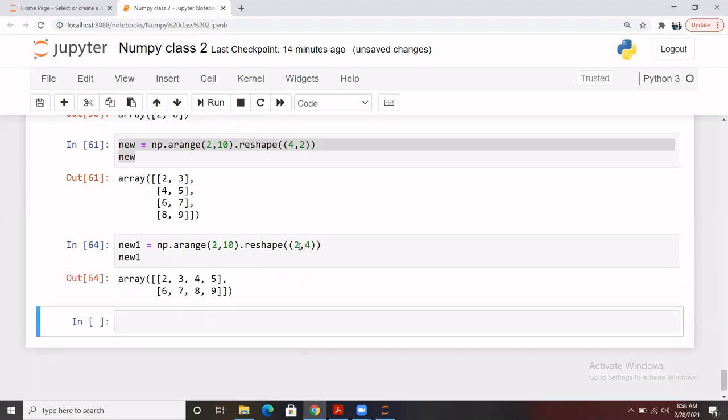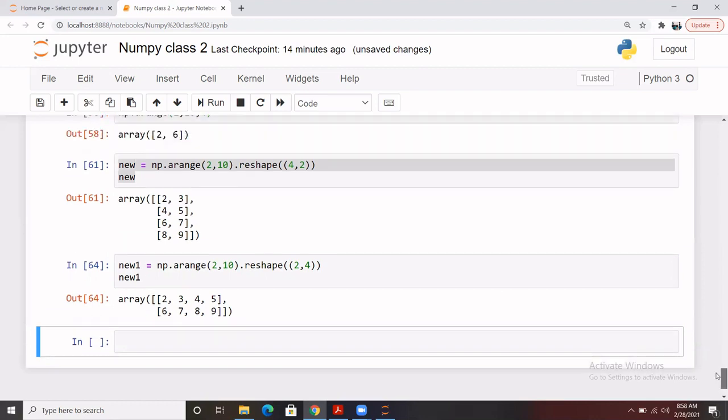And the same thing you can do for reshaping in 3 dimensions. To have a 3 dimension array, we just need to count the total records that we have generated from arange. Then we are going to reshape those. I believe you can do it like this. So this is basically the reshaping of an array.